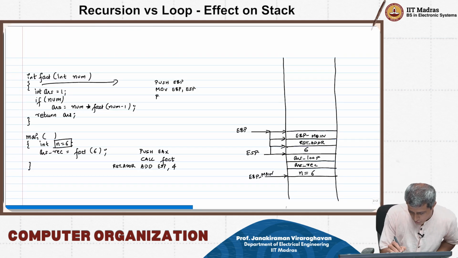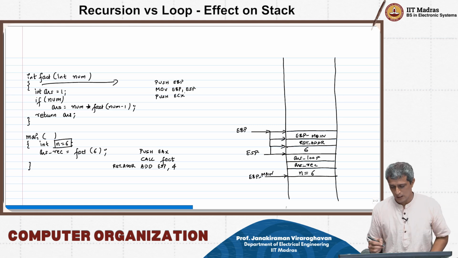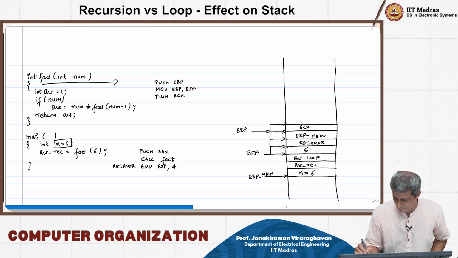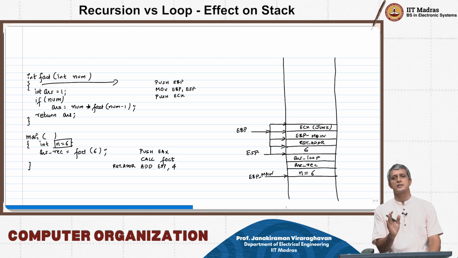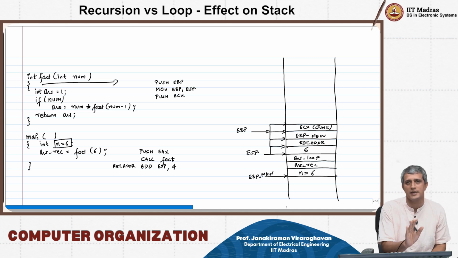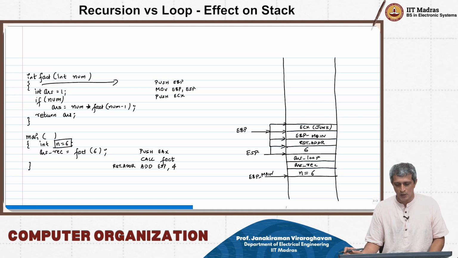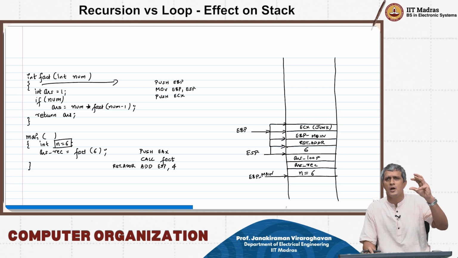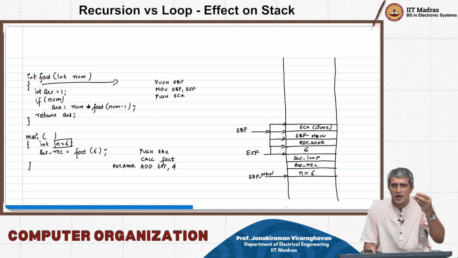And then you are doing push ECX onto stack. So what are you doing now? You are pushing one more and moving ESP to this point. So this is ECX, which could have some junk value, it doesn't matter. But what this statement is doing is it is allocating the local variable space for ANS. That is all it is doing. Okay. So now what you have actually done is you have gone into the function, you have allocated local variable space, and then you are executing some instructions to check if the num is 0,